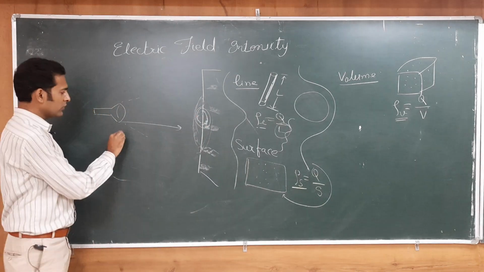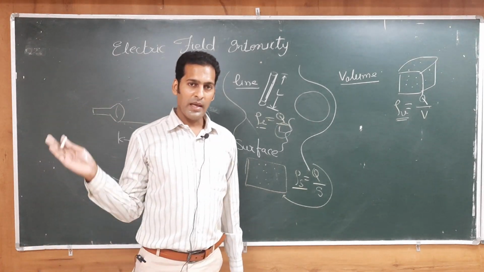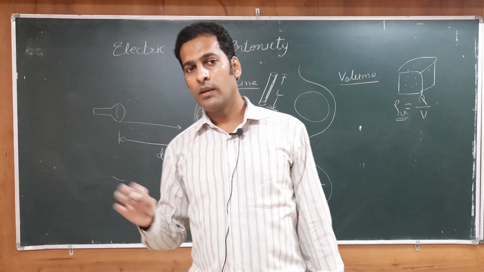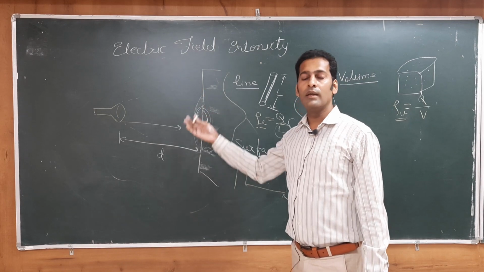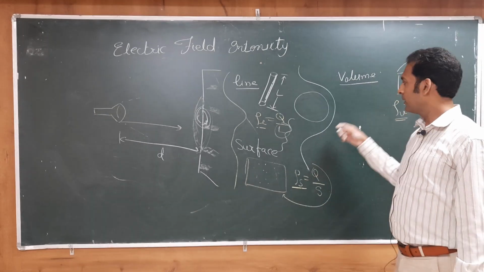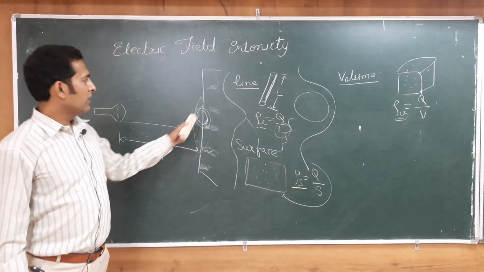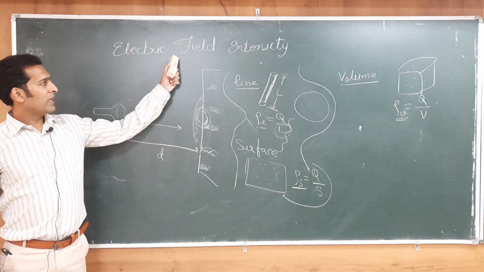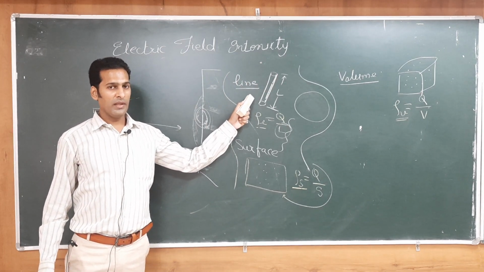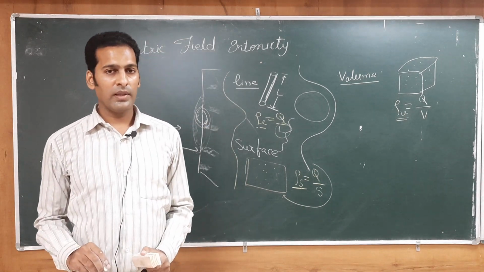So, it is inversely proportional to the distance. If you consider light intensity, as the distance increases, the density decreases. As distance decreases, density increases. So, it is inversely proportional to the length or its area or volume. So, these are the charge distributions. Now, we have to consider the cases one by one. The first case we will take is electric field intensity due to line charge density. So, I will just pause it for a while and I will rub it, and then we will continue for this line charge density.